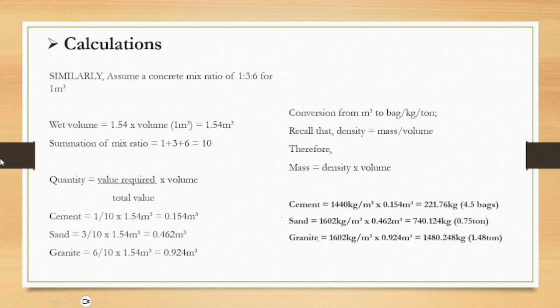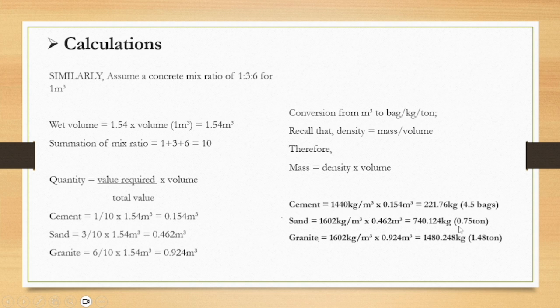Now if you multiply the density by the volume, you're going to have 4.5 bags. And for sand, this volume multiplied by the density of sand, you're going to have 0.7 ton. And if you take a look at it from the previous one, you know that the cement reduces, but the quantity of the sand will increase or still remain the same, the quantity of the other aggregate, but the